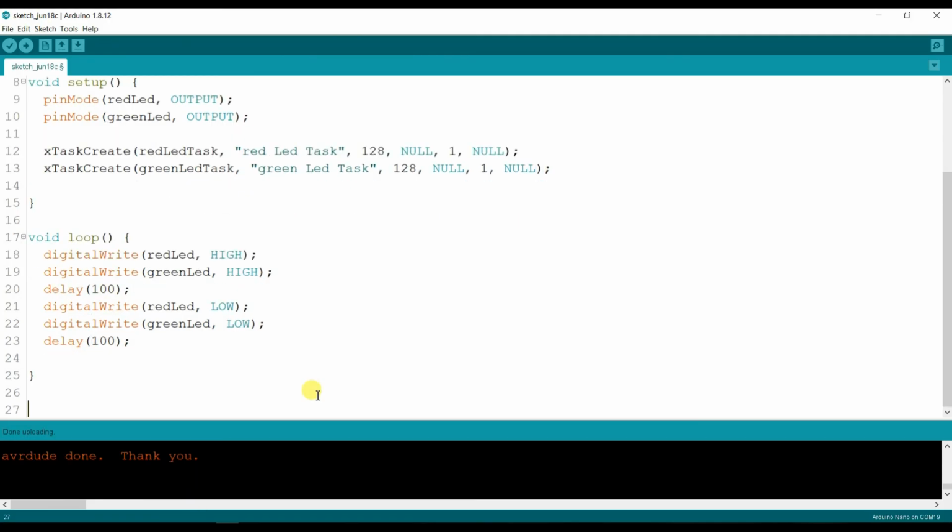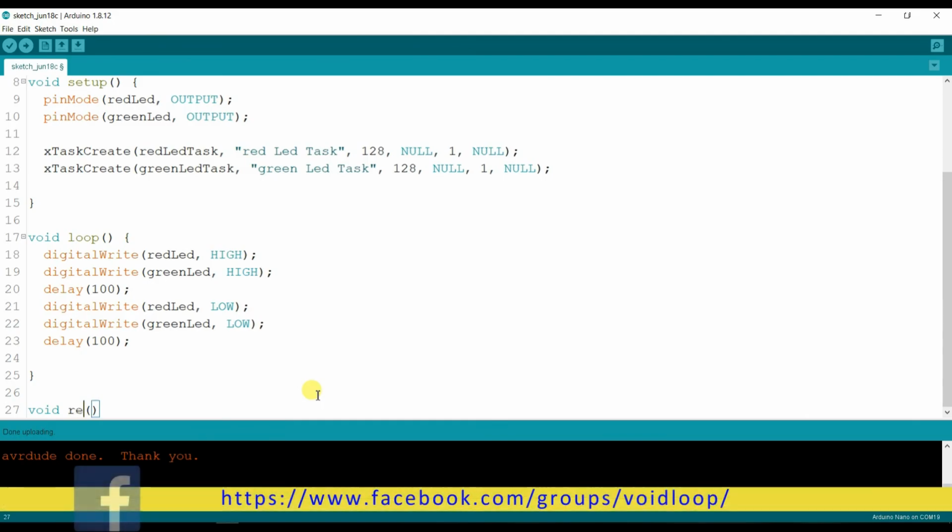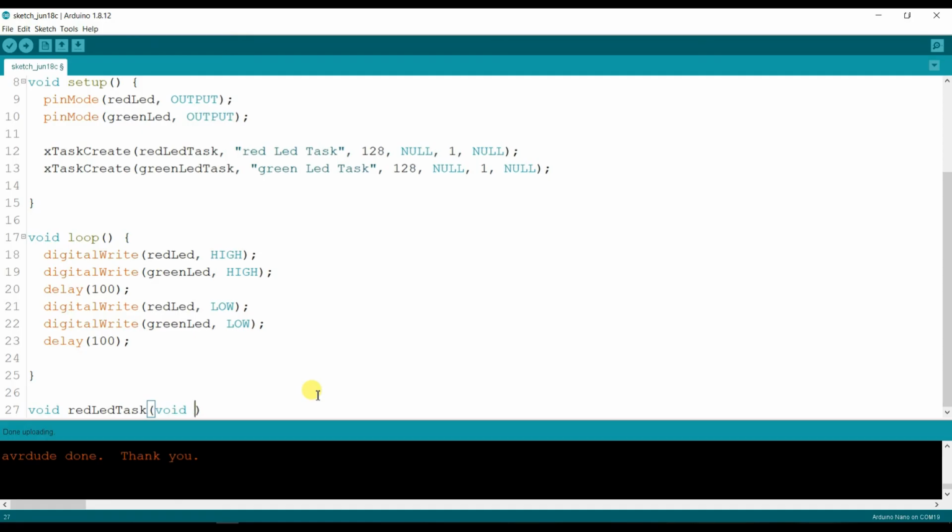I will create a task function, void redLedTask, and here I will pass void pvParameters.